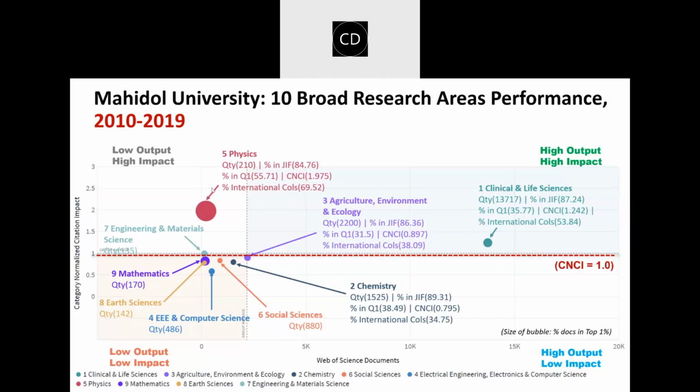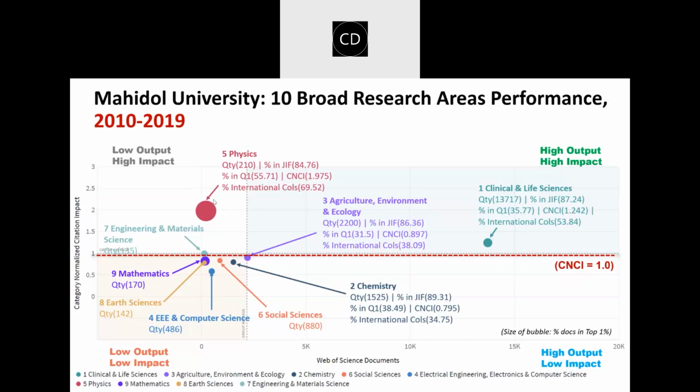So this gives you an opportunity to say, hey, there is one particular area here for physics that is showing very high impact value, because it's performing at close to 2 CNCI. Then this gives you a chance to deep dive into these 210 papers to say, where did this